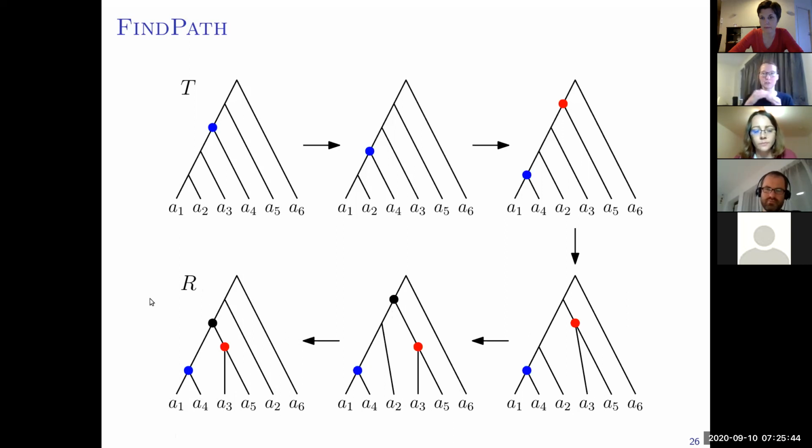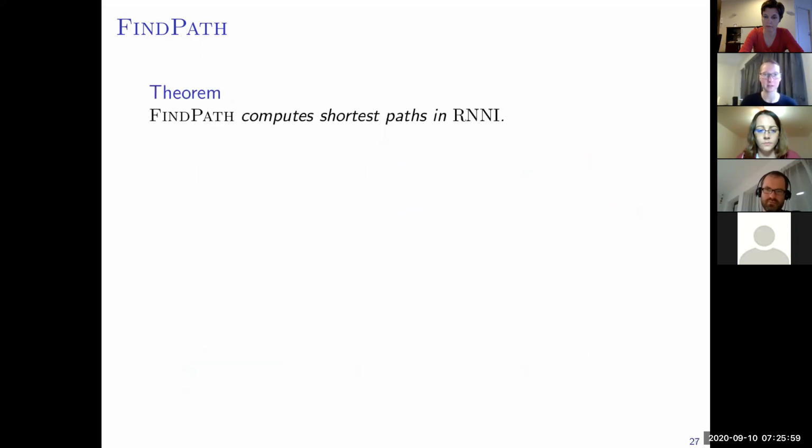So you basically just go through all internal nodes of R, and then you move most recent common ancestors down in the current tree of our path. So yeah, it's a greedy algorithm. It's quite a simple approach. And now a cool thing that we found out about this algorithm, which I'm very excited about,